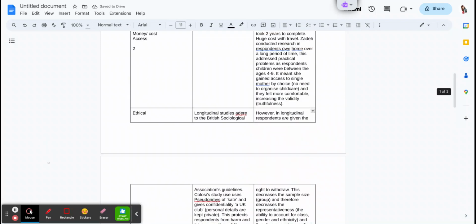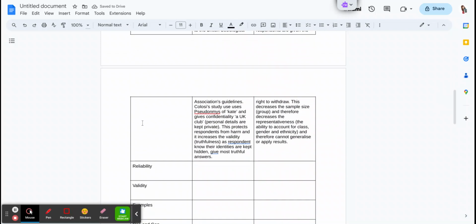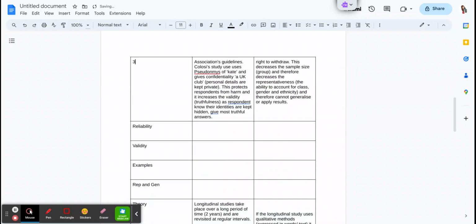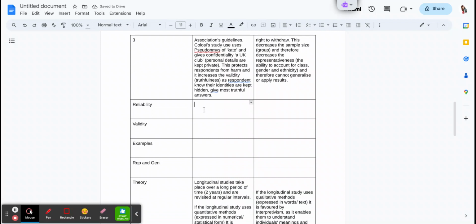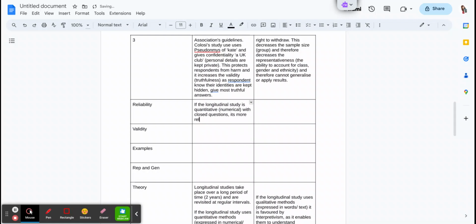Reliability. That's paragraph 3, ethical. Reliability. So, if the longitudinal study, again, is quantitative, numerical, with closed questions, it's more reliable,